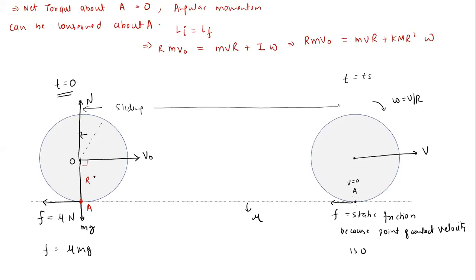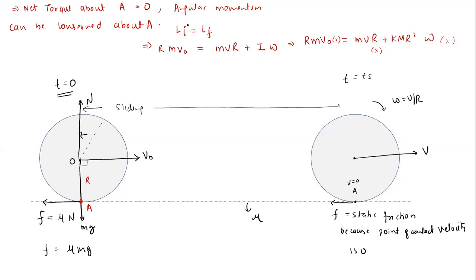Okay, one thing I missed here. What is the direction of the initial angular momentum? Is it inside the plane or outside the plane? Very good. Inside the plane. Okay, fine. What about mvR? Again, it would be inside the plane. What about I omega? I omega is also inside the plane. Means all are inside the plane, so directly we can add. No problem in that. All angular momentum are inside the plane, so we can add this.